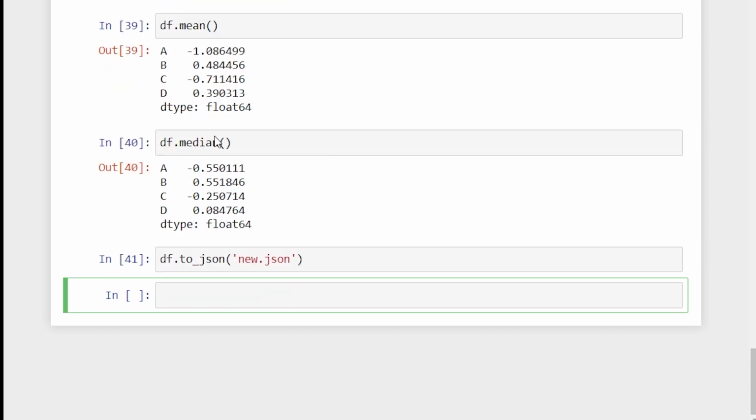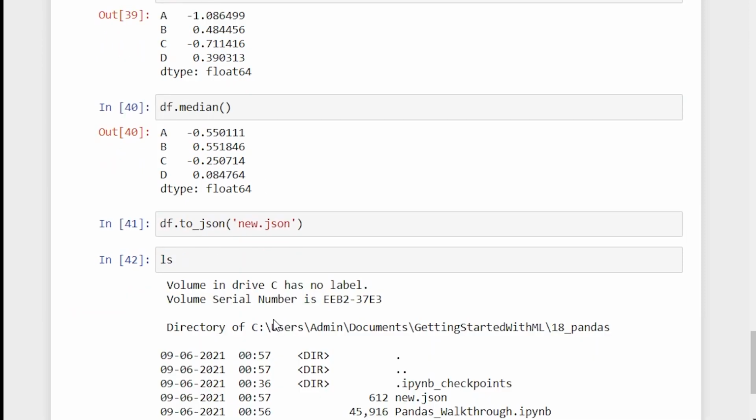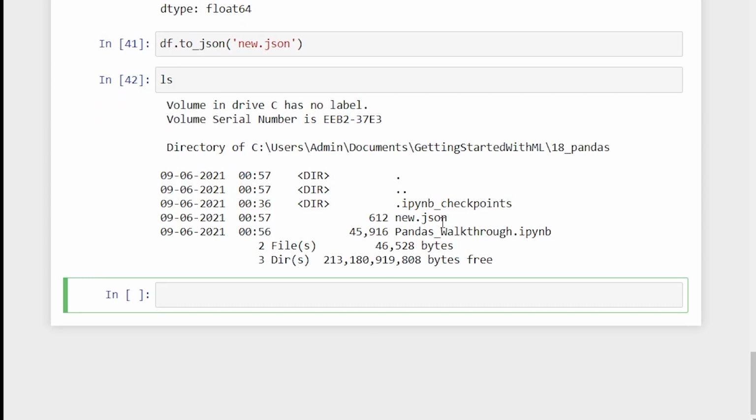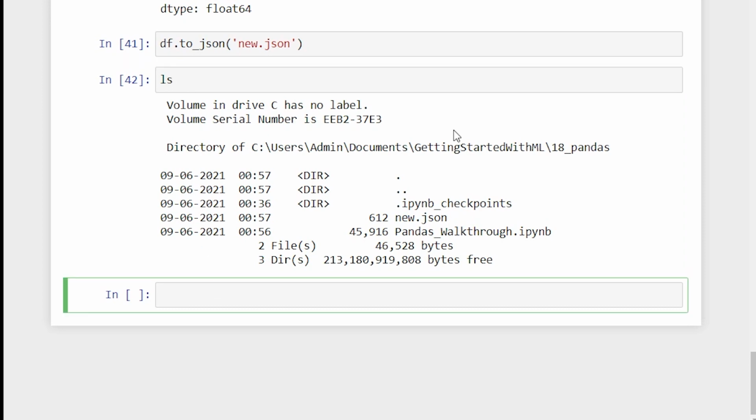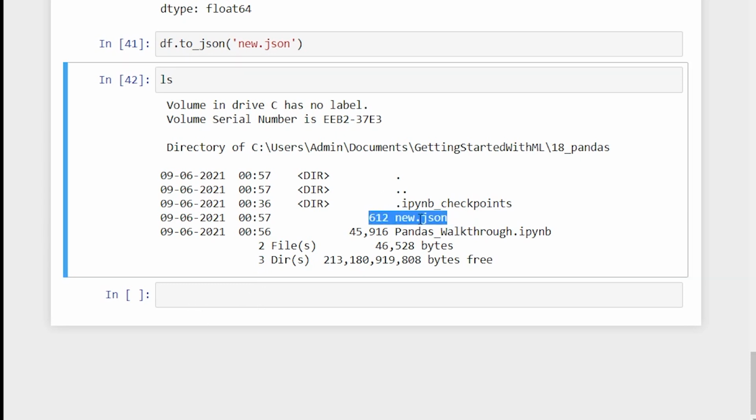Okay, so now let us check it in the directory itself. I think ls is going to work. Yeah, we have it. Okay, so we have new.json in it. So this ls is basically a Linux command. You can perform a lot of Linux commands over here, and it is going to give you better outputs. Okay, so you can also check, let's say, the present working directory, or you can change directories from here using the Linux commands, and we have it. Okay, so new.json is there.